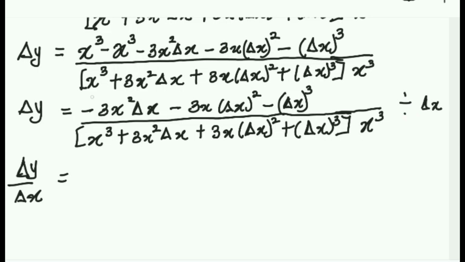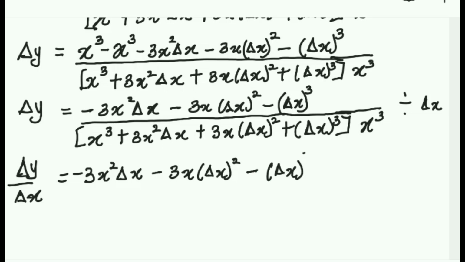You're dividing this whole fraction by change in x. And so this now becomes minus 3x squared change in x minus 3x into change in x all squared minus this change in x raised to 3,